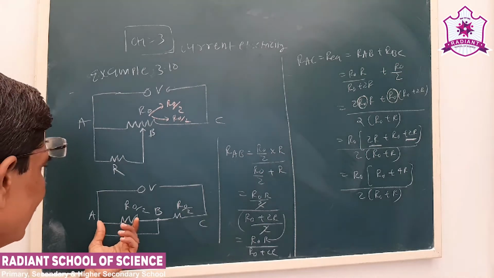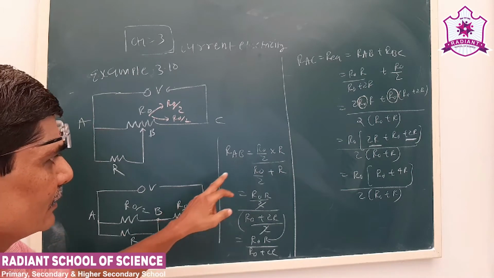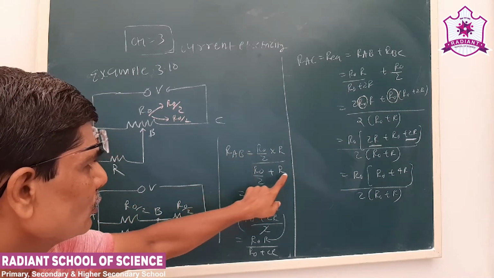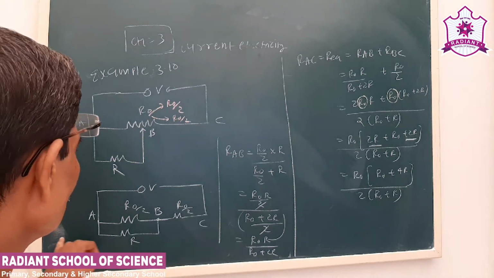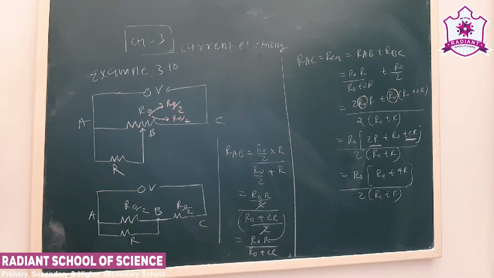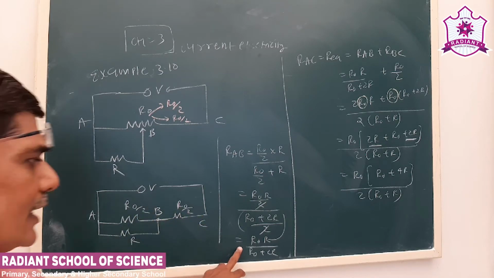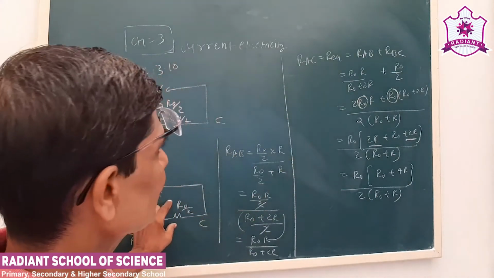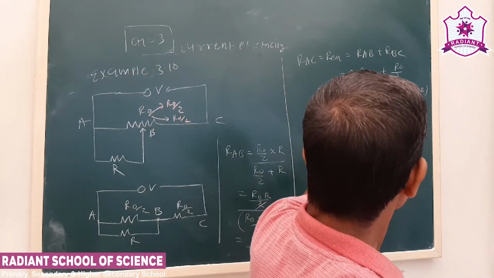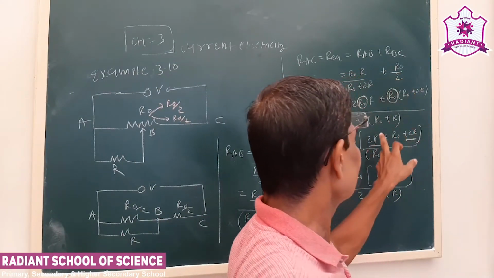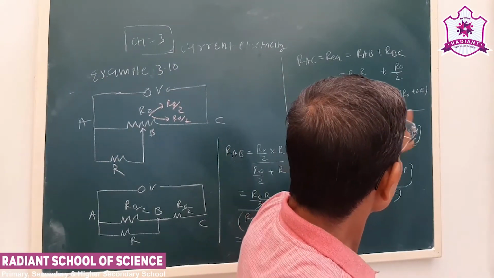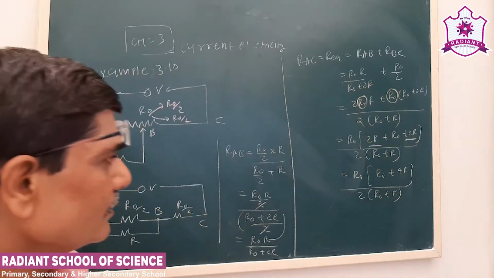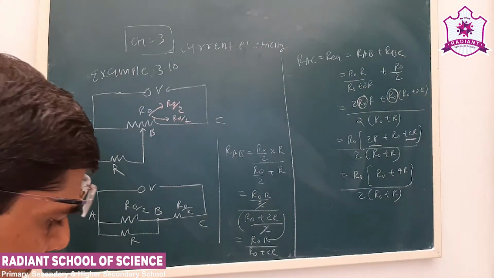Now we have to obtain the total resistance. RAB we have obtained, R0 by 2 in parallel with R, that is R0 R by 2 upon R0 plus 2R. These two will get cancelled, so we have R0 R upon R0 plus 2R. Now RBC is R0 by 2. So what is RAC here? The total resistance, R equivalent, is RAB plus RBC. RAB is this, plus RBC is R0 by 2. Now 2R0R plus R0 into this term upon this will be the LCM. Now what do we have to take common? R0 is common. So what is left here? 2R. Here also is 2R and R0, that will make 4R. So this is the equivalent resistance.